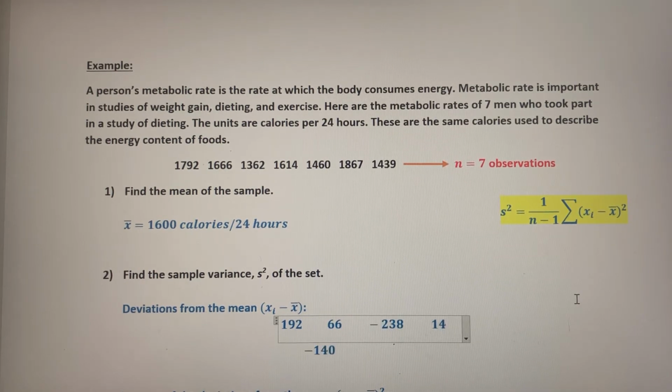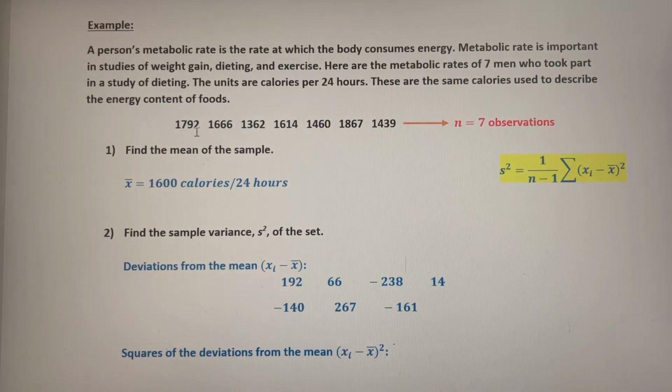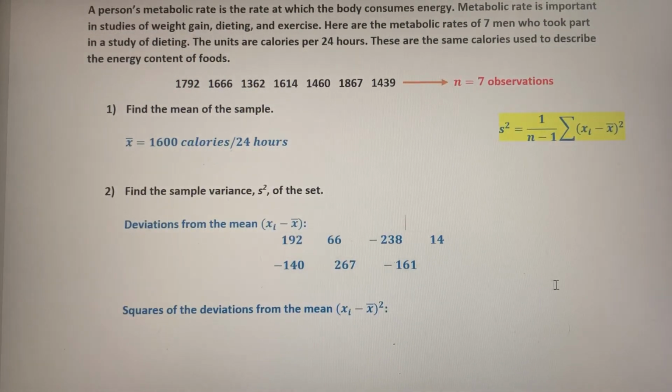So I'm going to have 7 different deviations from the mean, okay? Notice the numbers that are bigger than the mean are positive. The numbers that are smaller than the mean have a negative deviation from the mean, okay? Now, the reason we don't use these values to help us understand deviation from the mean is if you were to combine these 7 values, you're going to get 0, which doesn't do us any good from an analytical standpoint,